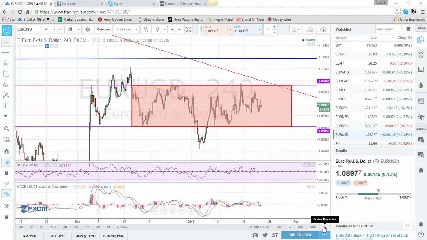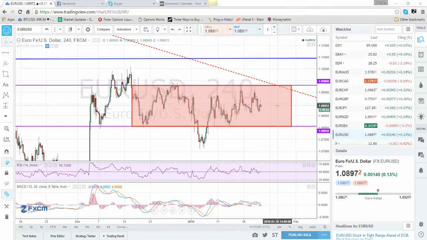I'm looking now at the 4-hour chart for the euro dollar, and you can notice here that except this breakout that happened at the beginning of January, the euro dollar is trading in this range between 108.00 and 109.80, and the problem at this moment is that the price action is in the middle of the range. So you have to have a strong sentiment, a strong idea of what you think is going to happen with the euro dollar during and after the ECB meeting and press conference, to be able to take a trade, because